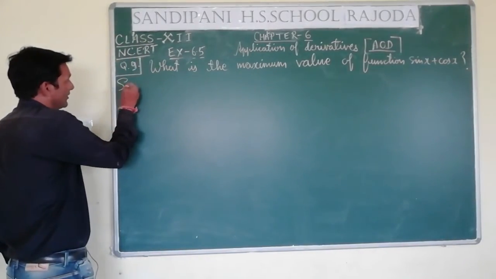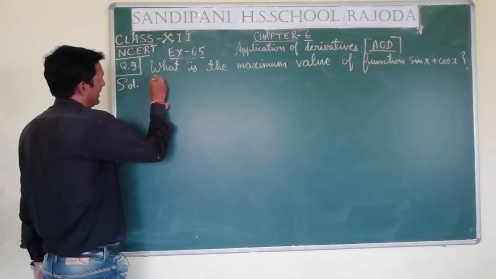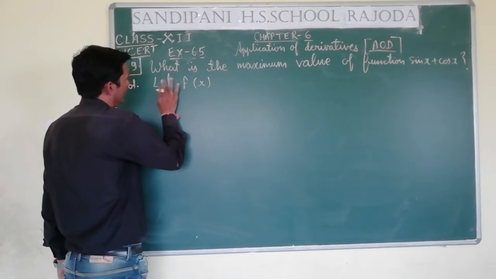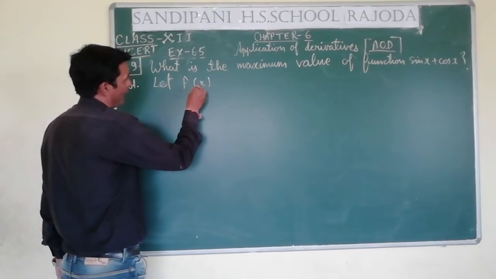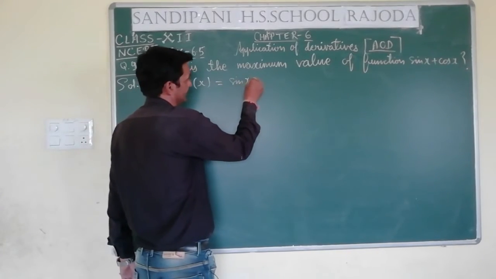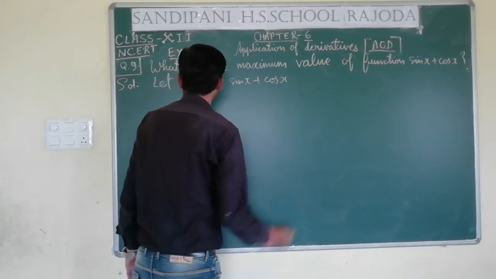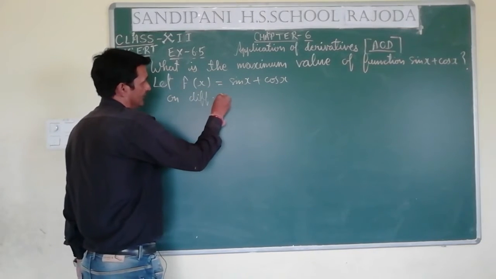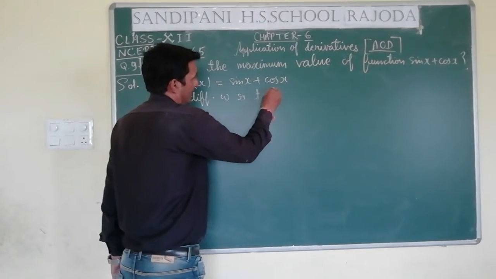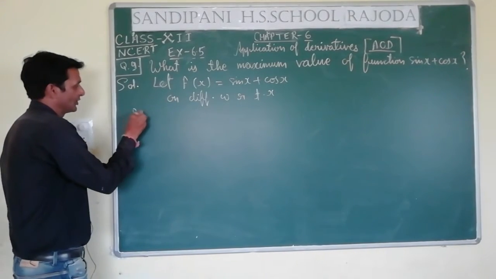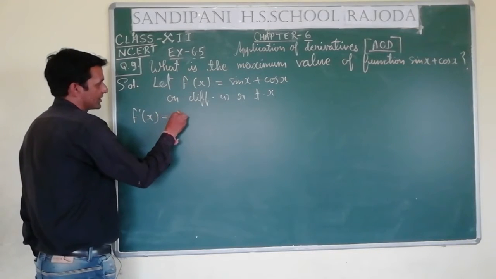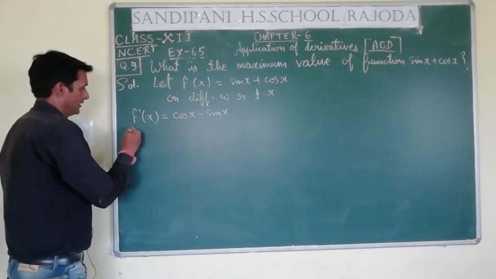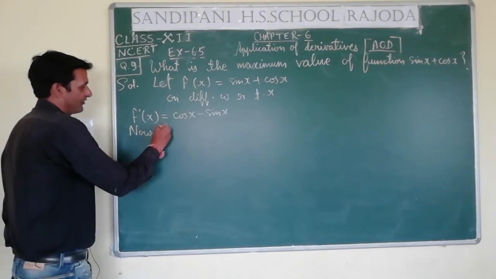So in the solution we have to write first of all, let f of x is equal to sin x plus cos x. On differentiating with respect to x, it will become f dash x is equal to cos x minus sin x. Now f dash x is equal to 0,